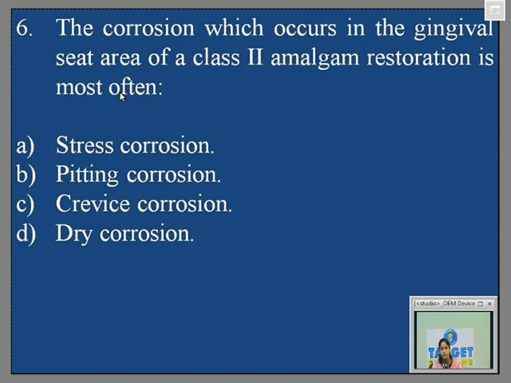Stress corrosion is typically seen when, in a restoration, you have some regions which are more deformed and some regions which are less deformed. Suppose you have restored a class 2 amalgam. In the areas where it is contacting the opposing tooth, that is the central fossa area and around the marginal ridge area, those areas of a restoration that are undergoing more deformation will act as anode. And those that are not undergoing deformation, like the proximal surface and along the cuspal inclines, or undergoing it to a lesser extent, act as cathode.